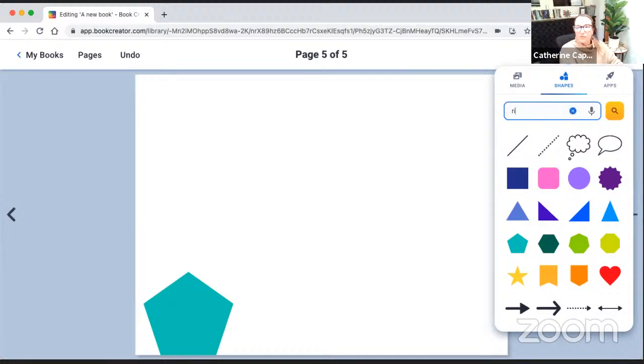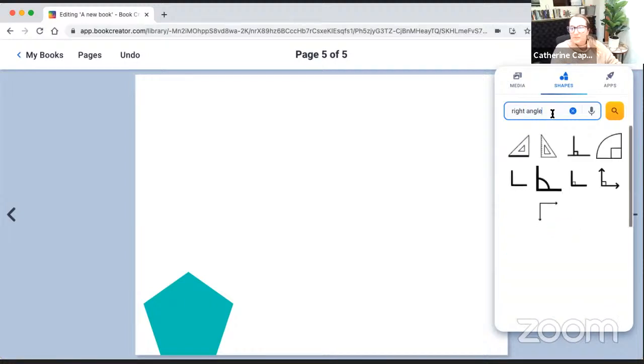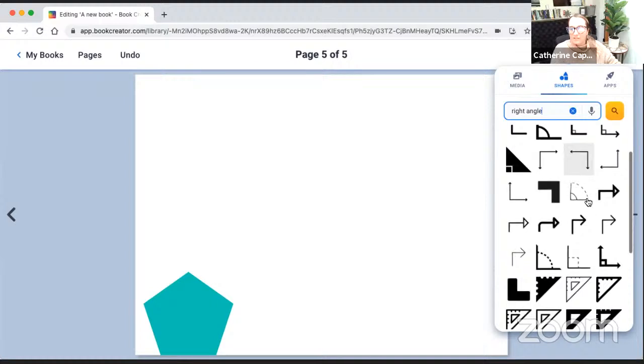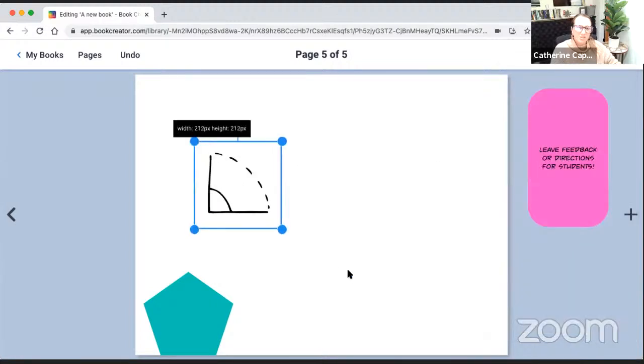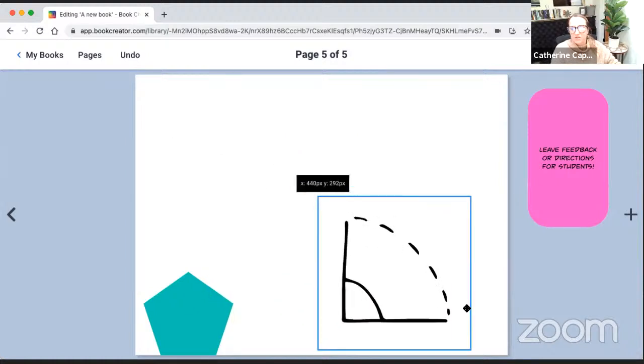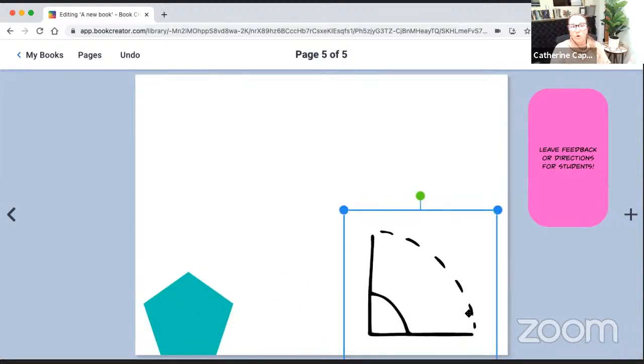If I was to search for, let's say, a right angle, they're learning about that in math. You can see all these different icons pull up for right angles. They could search for monster if they're doing a comic for monsters. If one of their terms is agriculture, you could type that in and they're going to have all these different icons for that. So it's really helpful. So those are all of those different features.